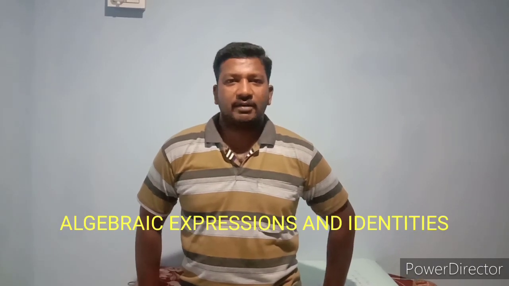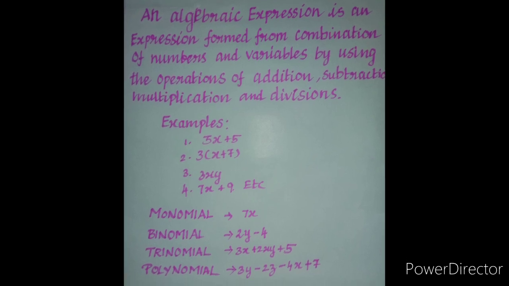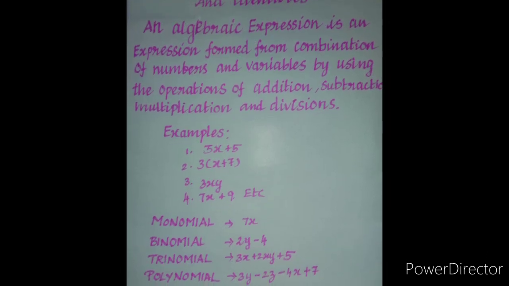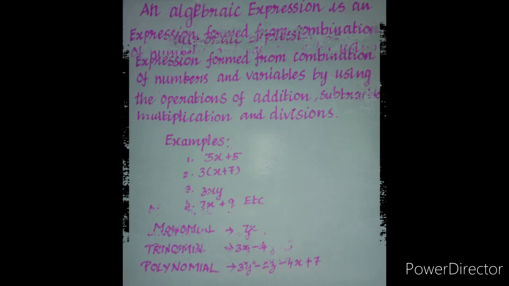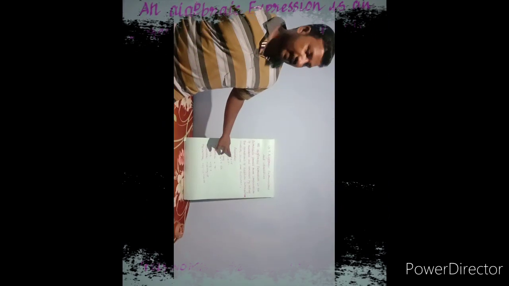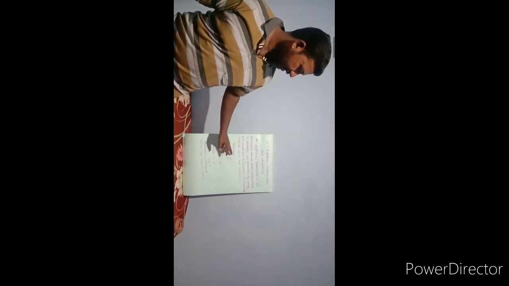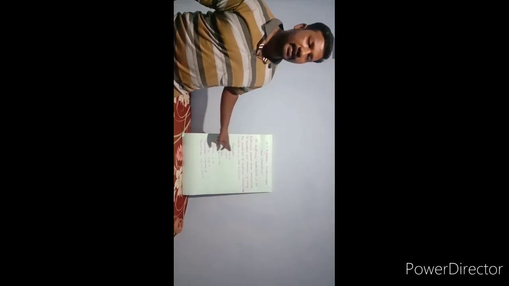Today we are going to see about chapter 9, algebraic expressions and identities. In this chapter, we have already studied some concepts in 7th standard. This year we are going to see algebraic expressions in brief. Let us see. Expressions have numbers, variables, operators and also numbers. So this kind of expressions can be given as